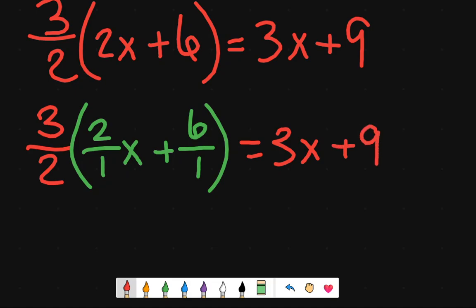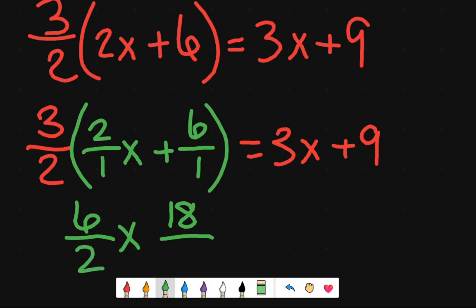Now we can multiply straight across. 3 times 2 and then 3 times 6. Well, 3 times 2 is 6. And 3 times 6 is 18. Now go to the denominator and multiply 2 times 1 and then 2 times 1 again. So 2 times 1 is 2. And 2 times 1 again is also 2. And this is going to be equal to